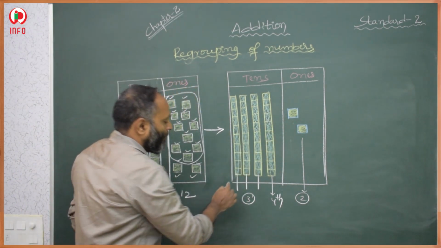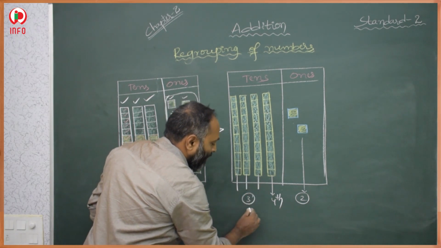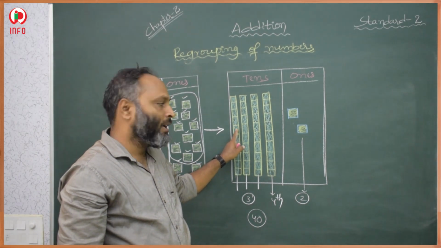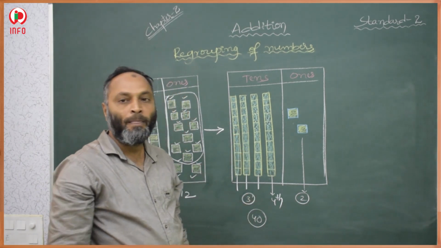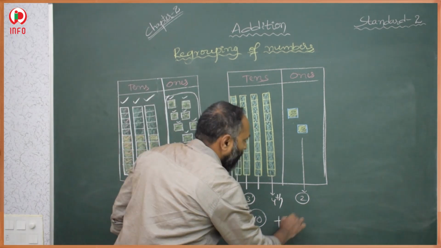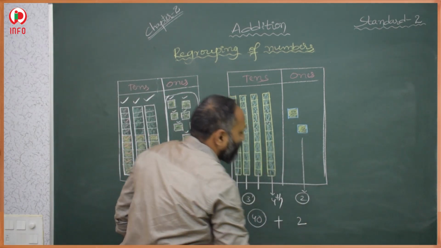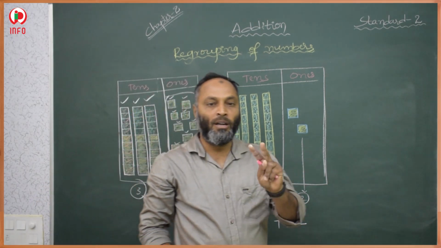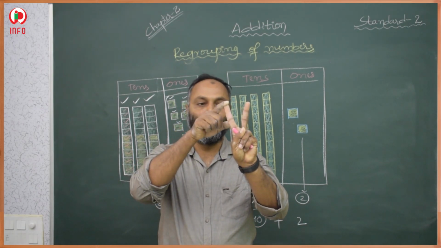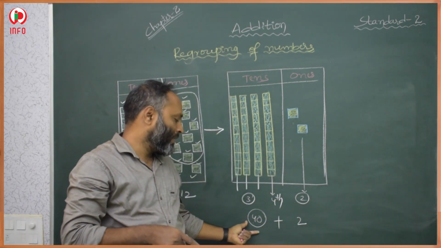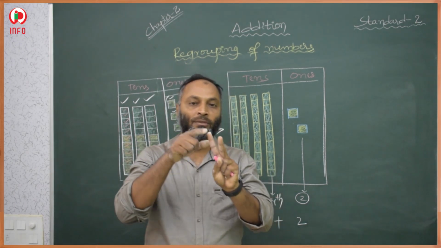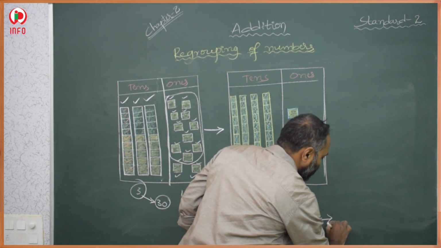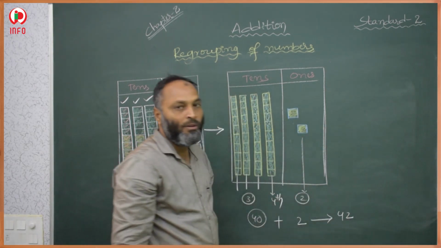So now if we add 10, 10, 10, 10, that is 40. Why? Because total 4 tens blocks were there. In 4 blocks we have 40 small blocks, plus here 2 small blocks in ones place. 40 and 2, forward counting. After 40 we have to count 41, 42. Don't count 40 again, start from 41. 41 and 42. That is total how much? 42 blocks were there.